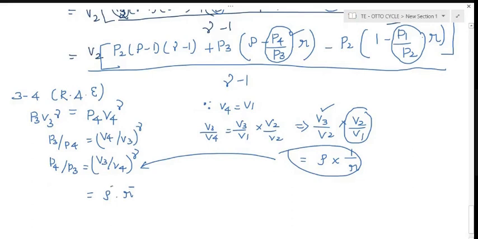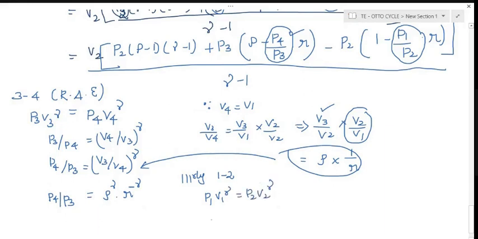So actually it is r^(γ-1), here is our gamma, so we can say like this. So instead of V4 by V3, you can use this relation here. And similarly, instead of P1 by P2, the process between 1 and 2, which is also again an adiabatic process, P1 V1^γ equal to